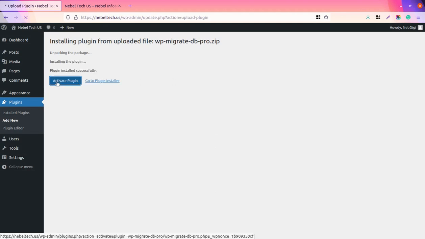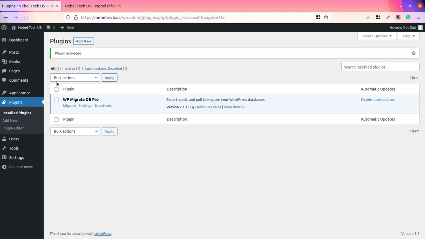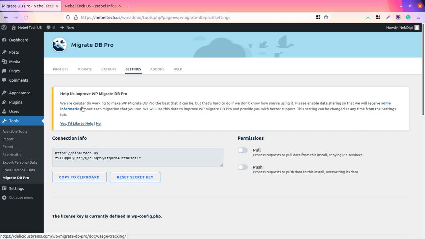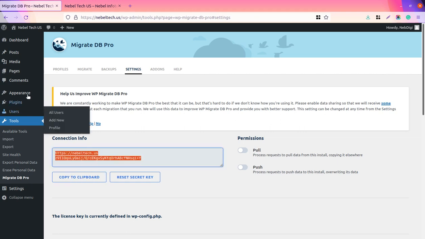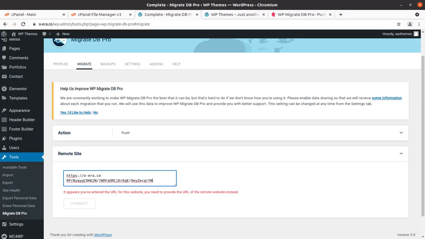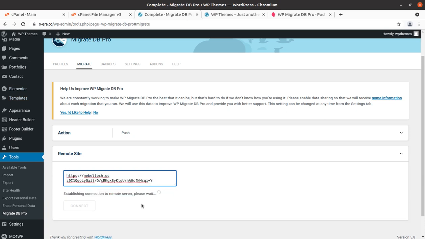And okay, so on another site, its settings can be obtained, and yes, so we want to bring the site here, so I am simply copying this, and now I can paste it here, and now